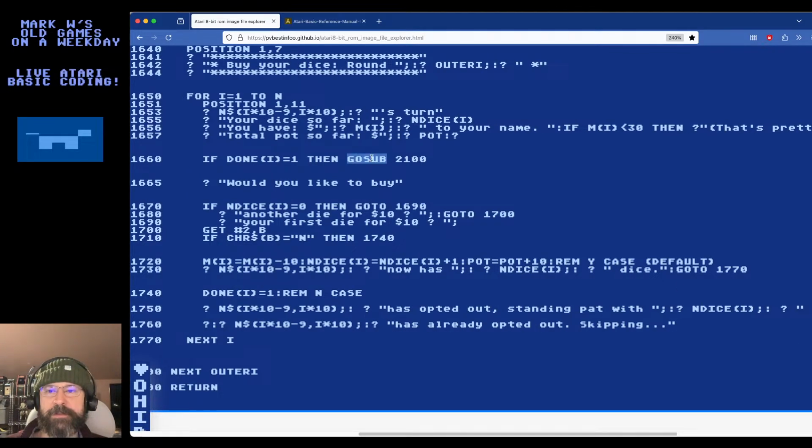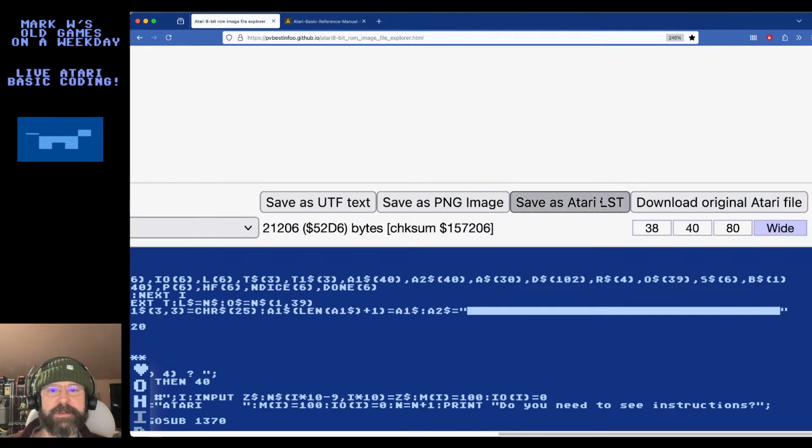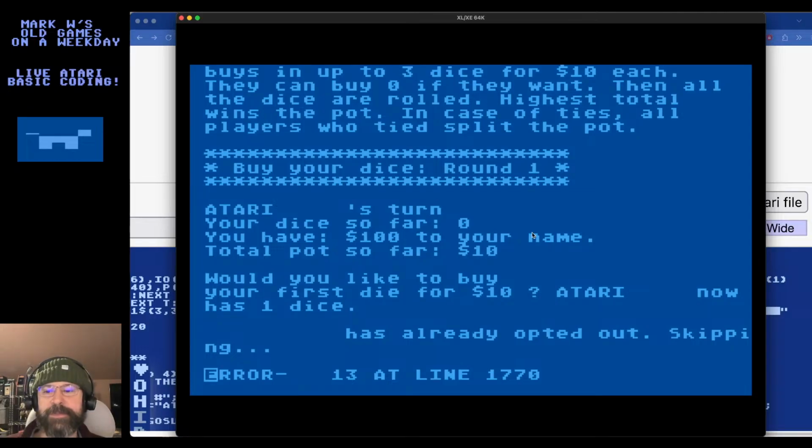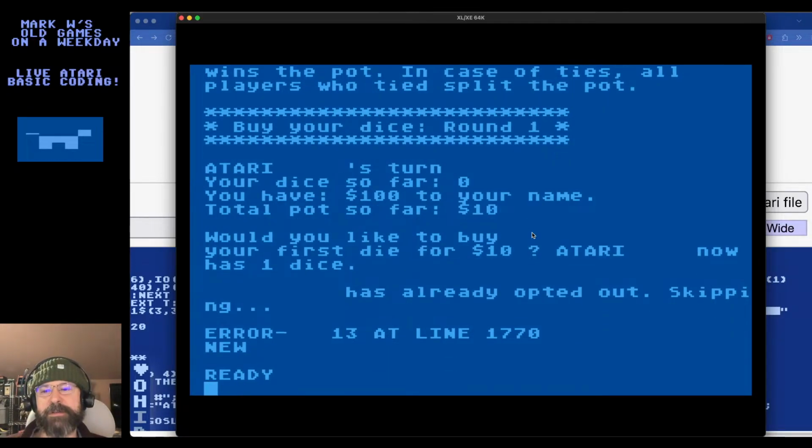This is no longer a go sub. This is a go to. There's a little shortcut. It's kind of idiomatic to not write go to like this. You can just write the line number. All right, that should do it, I think. We still have the ugly appearance problem, but I think this fixes our loop logic. And let's test that out. The ugly appearance problem is how it's not really clearing the screen when it says to write at this location again, so it's kind of overriding the existing text. And I don't know, I got to fix that one way or another.